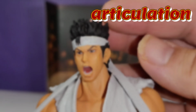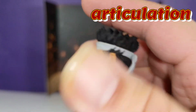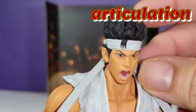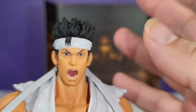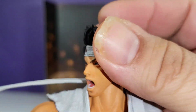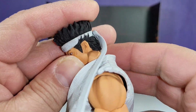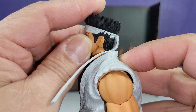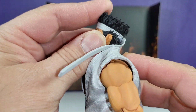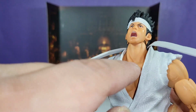So here we are. I changed the head portrait, and you see I put in his bandana that goes from the back to the front. And as you can see, I have the mouth open portrait. So as far as the articulation goes, his head does go left and right, and it does look down that much. It does look up a significant amount, because it has a double ball peg that goes in here,